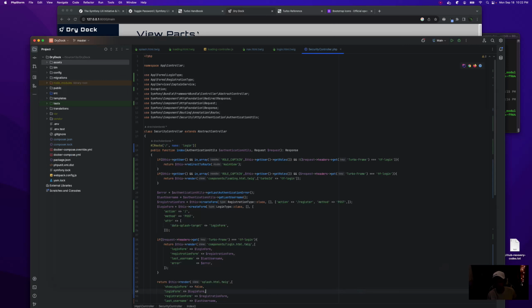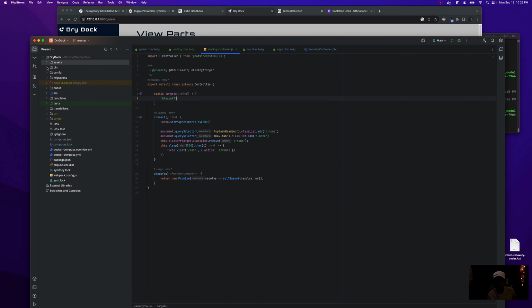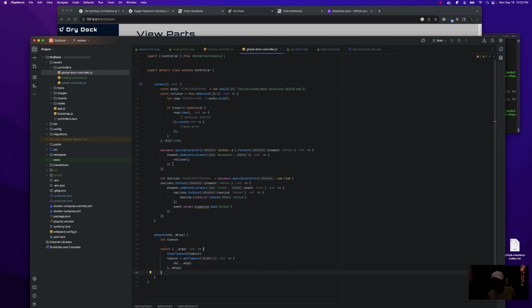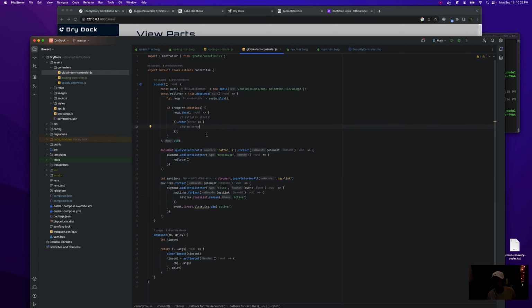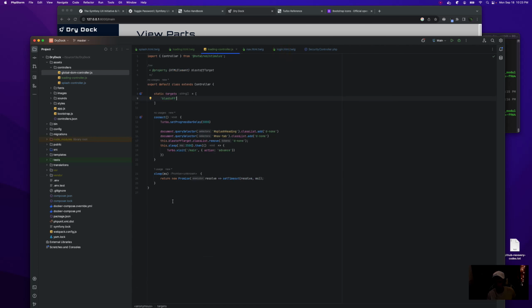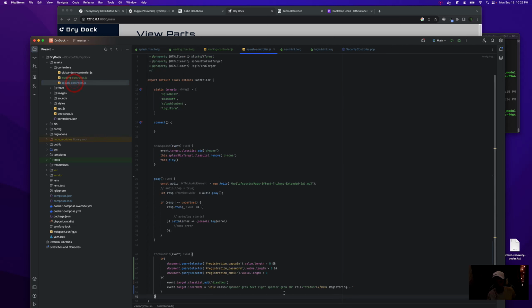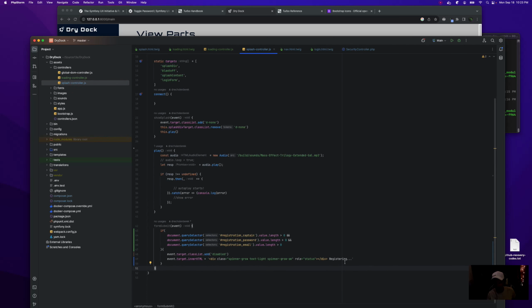But basically, if you look at the JavaScript we wrote, we haven't used Axios once yet in this app. All the JavaScript we have is adding and removing classes or little timeout functions or changing inner HTML. That's literally all the JavaScript that we have had to write. This one we did have to do our own validation for showing a form submit spinner, but that's not a big deal.